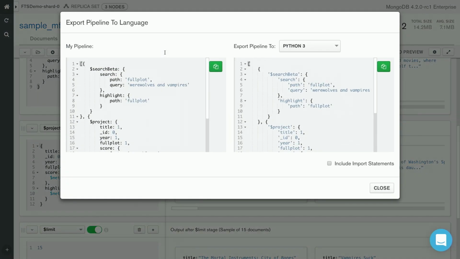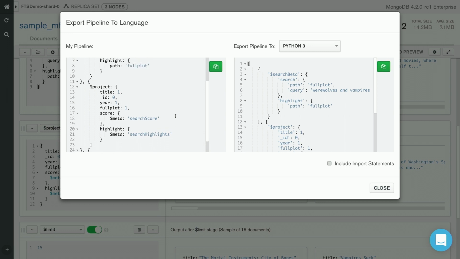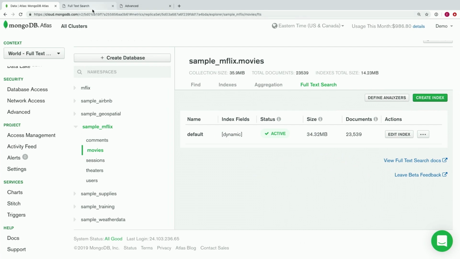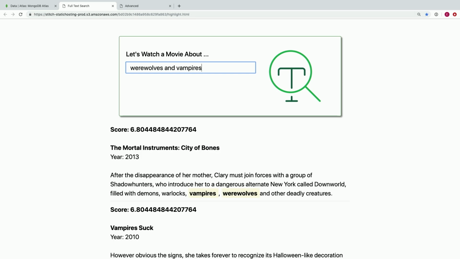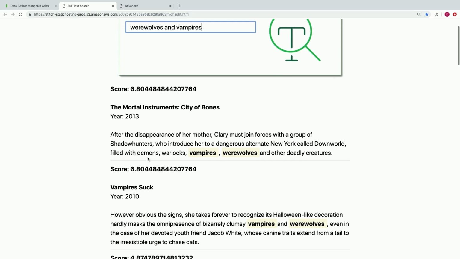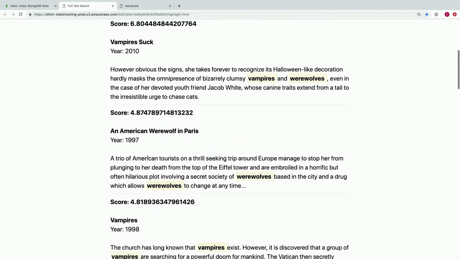Exporting pipeline to language will bring us this aggregation pipeline in code. And it's this small snippet of code that powers our movie search engine. So let's see what this looks like in the live application. Here, let's look for that movie about werewolves and vampires. And as you can see here, the movies are returned to us with the highest scores first, therefore the most